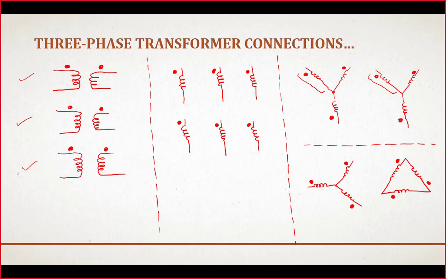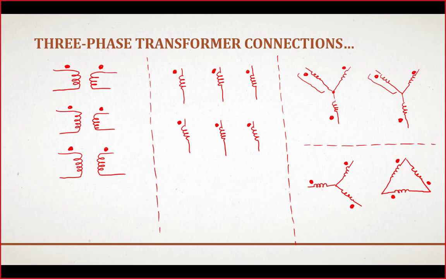Now if we look at the last configuration, here we have tried to connect the windings in Y and delta formation. Although it has been shown in Y and delta formation, the orientation of these windings is still such that the windings across the same limb of the transformer core have been shown in parallel. For example, these two are across the same limb of the transformer core, these two are across the same limb, these two are across the same limb. So this is an important concept when you want to draw the schematic or connection diagram of the transformer on paper. Everywhere in literature you will find this.